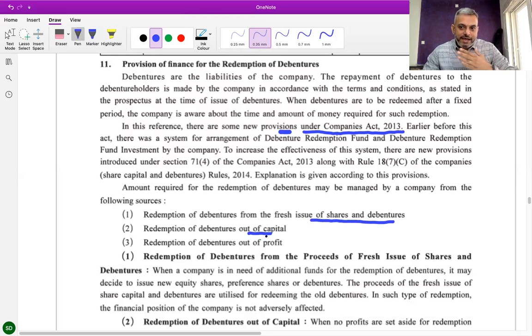Every year, the company keeps on generating profit. Out of that profit, the company keeps aside a certain portion as reserves, which is not distributed as dividend to the shareholders. So the company has an accumulated balance of profit or loss and an accumulated balance of reserves. The company will use this money to pay off the debenture holders. So these are the three sources. You can highlight this. This is important from the understanding point of view.